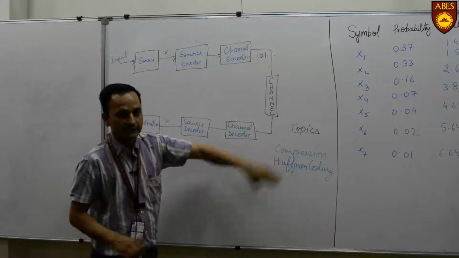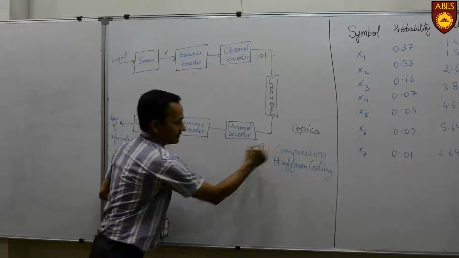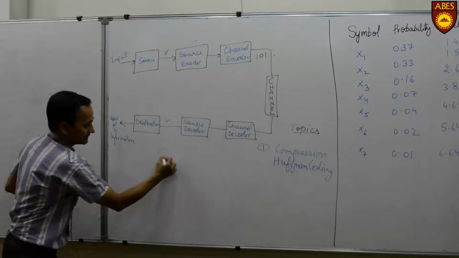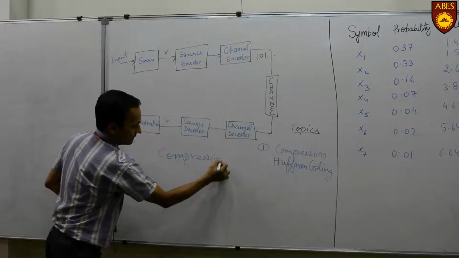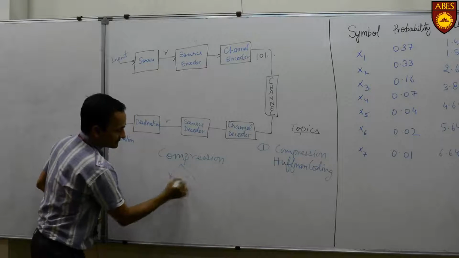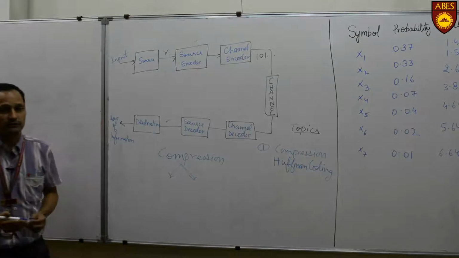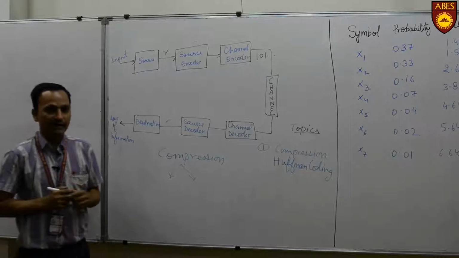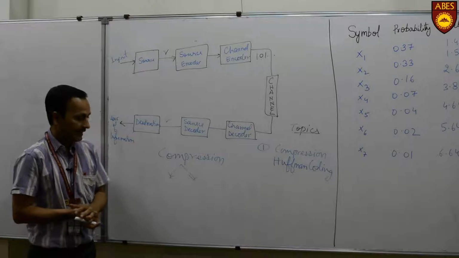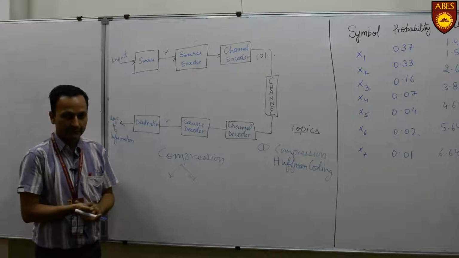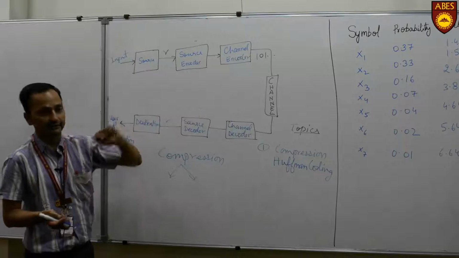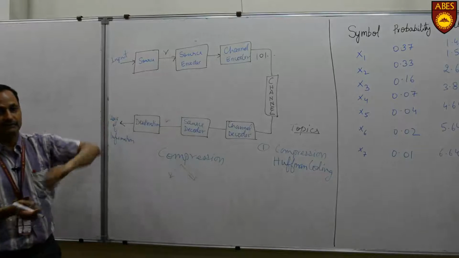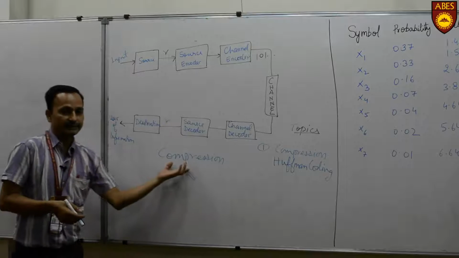So first we will start with the compression part. Generally, data compression means that whenever we want to transmit information, we have to compress the data and store it in our system. Then the information which is stored has to be transmitted through the channel. This is the paradigm given by Shannon, the same one applied in data compression.